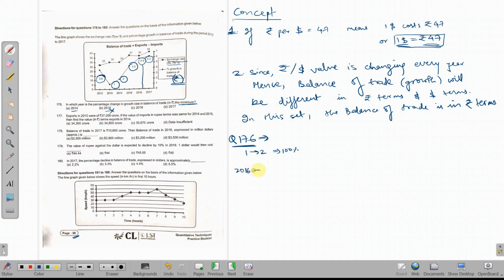For the year 2016 the change is 4.5 to 5.8. Roughly it's an increase of 1.3. 1.3 for 4.5 would be around 25%. It's close to 1/4 of this, right? But for the year 2017, you'll see the values are so close. It has only gone from 5.8 to 6.2 in 2017. So it is only an increase of 0.4 for this number, which is even less than 10%, right? So how much is the percentage increase over here? It's even less than 10%. So this year would show the minimum percentage increase.